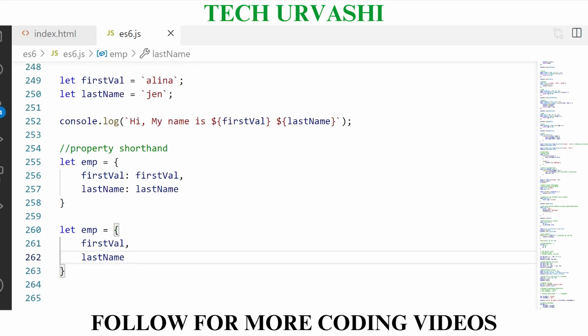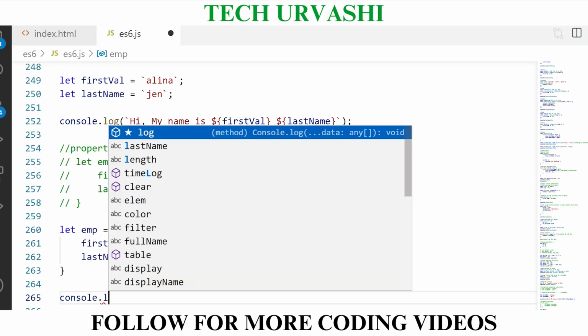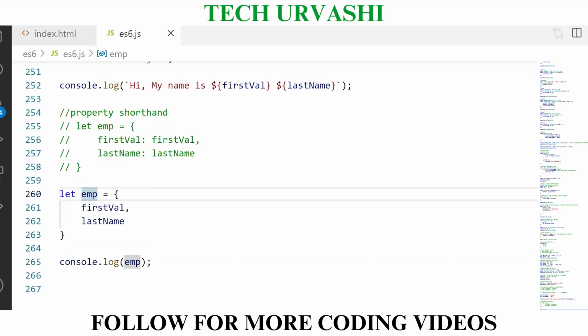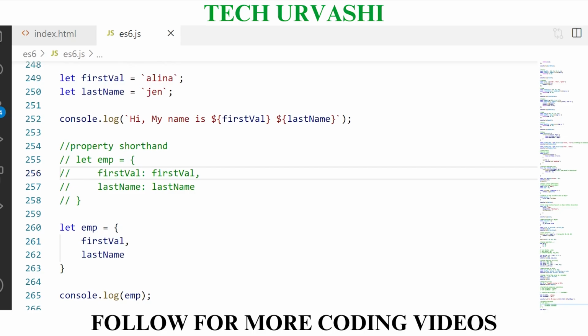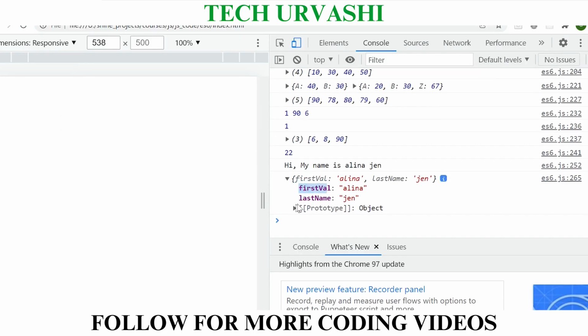That's it. So basically, whenever we do the restructuring, we actually use this. In between, this one step comes, but actually we don't need to write it because it is understood that the property and the value both have the same name. That is the reason we are writing it like this. So if I try to do console.log of employee, I will get the object. So whenever we restructure it, this basically means first name is the variable name and the property name as well. So if I refresh, I can see the properties and the values itself.